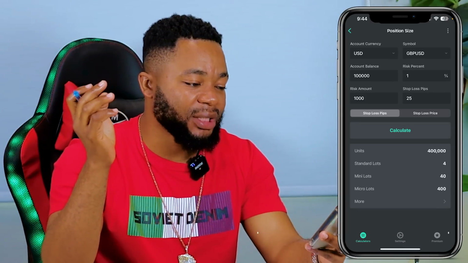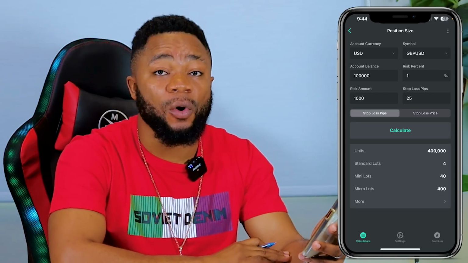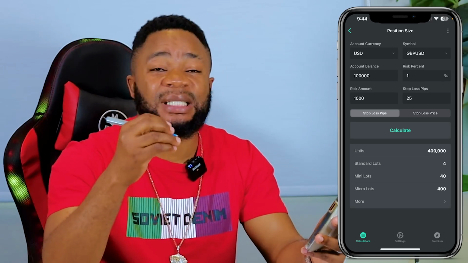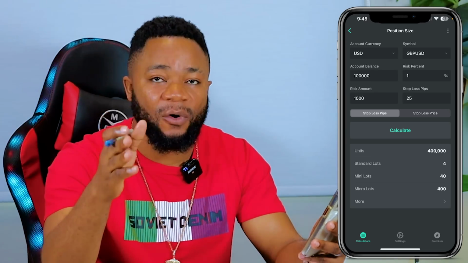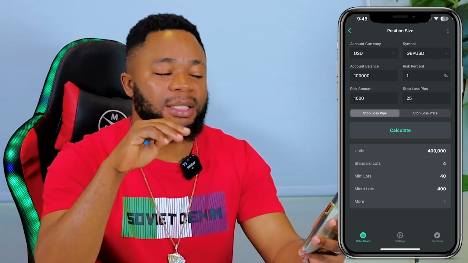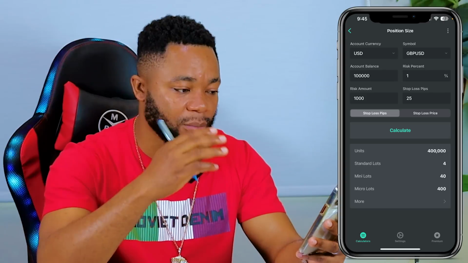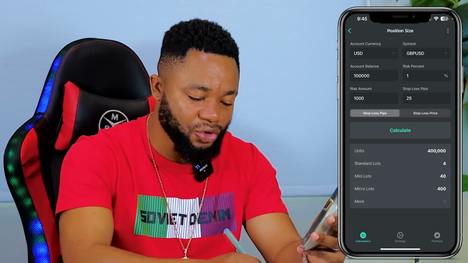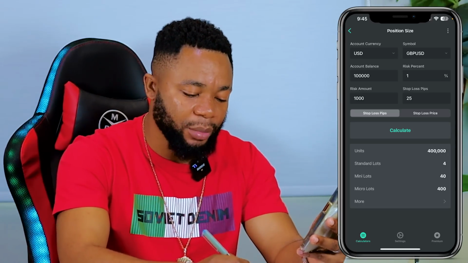You can see. So now, what is the lot size? Standard lot size. The lot size you use on that particular trade is 4. Or if your account is in terms of mini lots, you can use 40. All right. But the lot size you use there is 4 lot size on that particular trade. So now, if you use 4 lot size and the trade doesn't go your way, the max you can lose on this particular trade is going to be what? It's going to be $1,000, because with 4 lot size you'll be losing 40 dollars per pip, and if you multiply that by 25, you'll be having